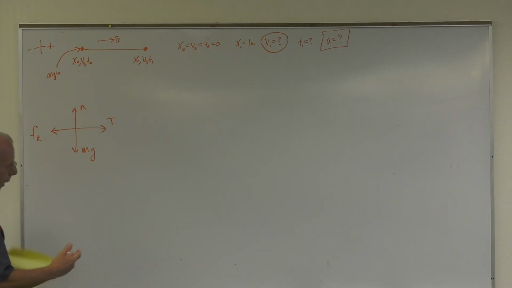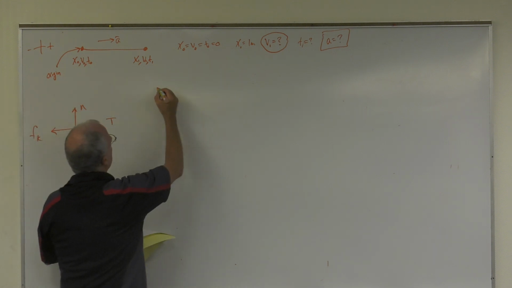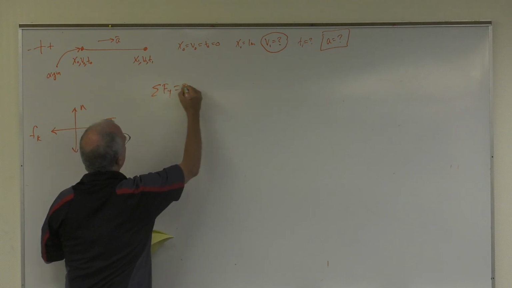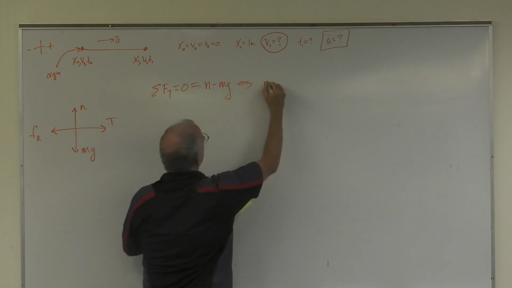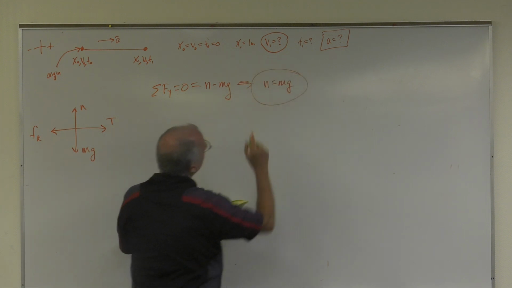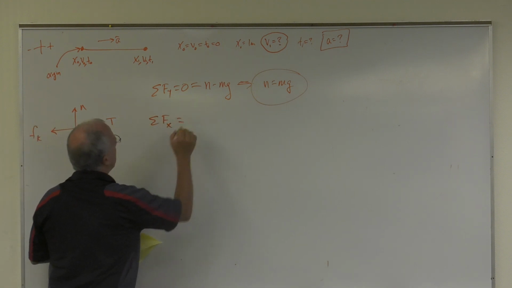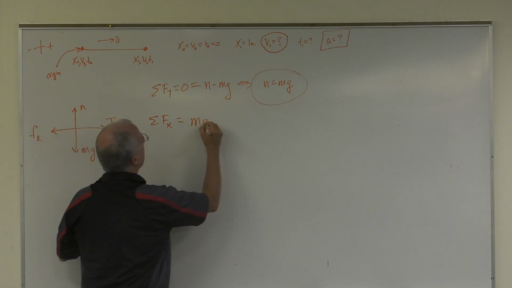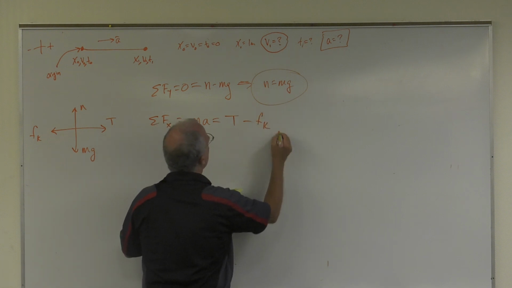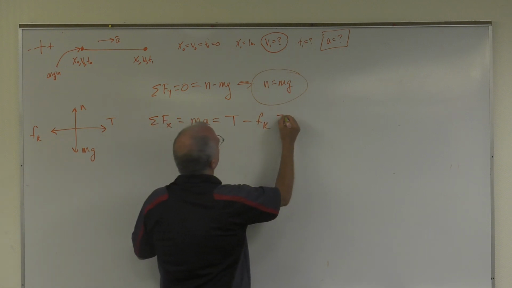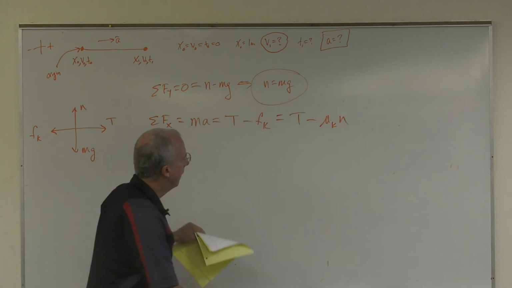All right, there's friction, so we've got to do the y first. Is it accelerating in this direction? No. So the sum of the y forces equals 0, which is N minus mg. Therefore, N equals mg. We sort of knew that was coming. Now do the x. It is accelerating in the x direction, so we say ma. So we have T minus Fk. Fk is mu k N, and